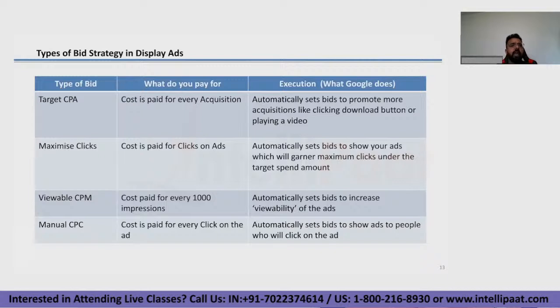But there can be cases where a lot of people are not really aware about electric scooters. The awareness level is low. So you might also run some of your budget on viewable CPM. So you put a little on maximize clicks, a little on viewable CPM, because you have both of those kinds of audiences in the mix, and Google itself figures out, optimizes, and picks up, right? So very often you may have to mix and match,